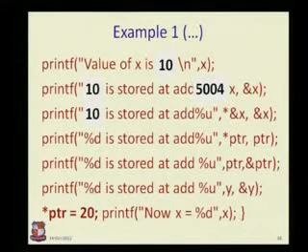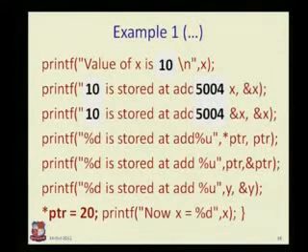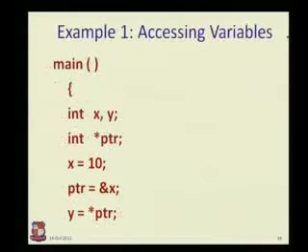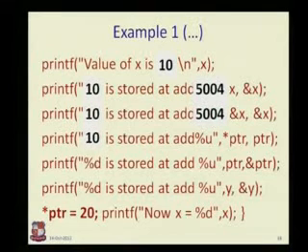Now what about the next one? It is again the address of x, so it would be the same. Yeah, it is the same. Now coming to the fourth line, %d is stored at the address %u, *ptr and ptr. Now what was ptr? Let's see what we have taken ptr as. Here it is. ptr is an integer pointer and it is given the address of x. Coming to the fourth line, ptr is given the address of x. So *ptr will give dereferencing of that x. It is the same as directly writing x.